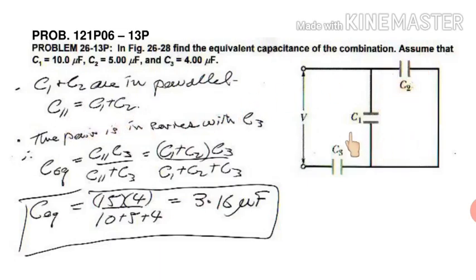Now this equivalent capacitance of these two capacitors will be in series with C3. So again we know how to calculate the equivalent capacitance for the series combination. That only we have done over here. C EQ is equal to C parallel into C3 upon C parallel plus C3. In place of C parallel, what will we write? C1 plus C2. And in the denominator as well we will replace C parallel by C1 plus C2. So finally we'll have this. Already in the question they have given us the values of C1, C2 and C3, so simply we have to substitute these values in this expression. When we solve it, it will be equal to 3.16 microfarad. So I think this is clear.